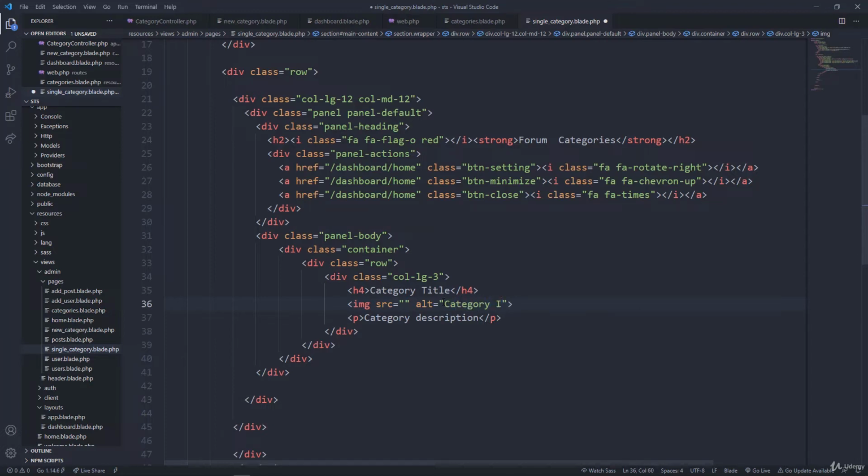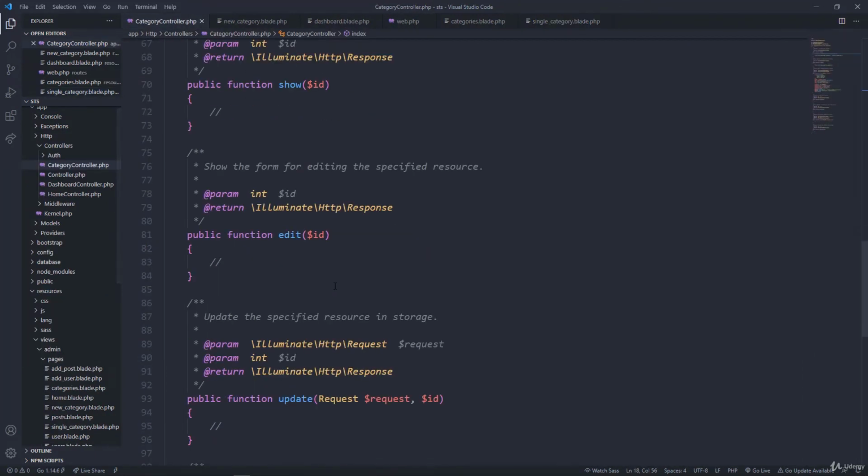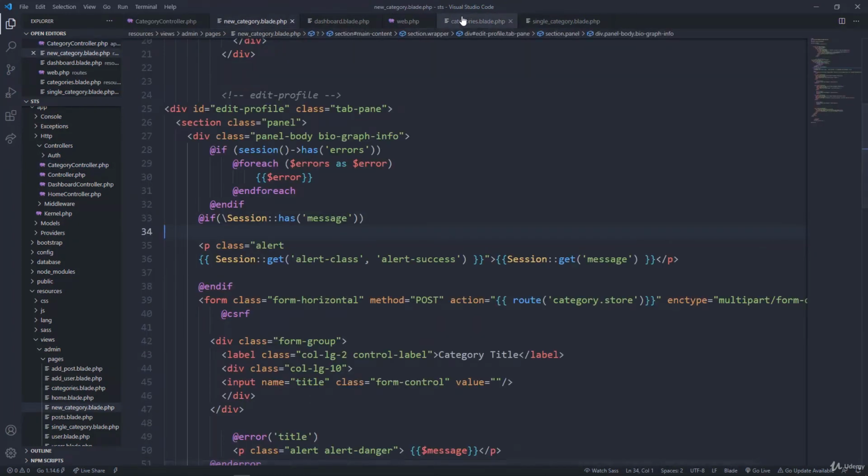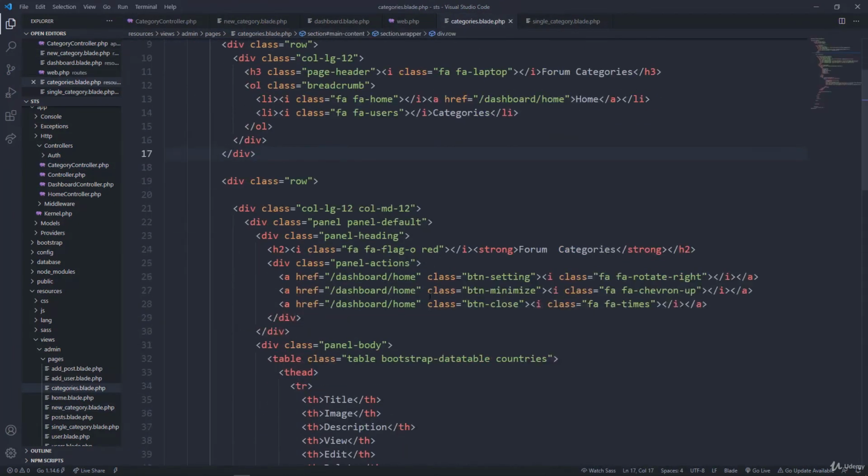So let me save that and show you. How do we display this? Inside the category controller, we have the method called show, and it is in this method that we are going to show that. But the first thing, you have to pass the ID of the category. So let me show you. If we go to the categories here, and somebody clicks on the view here,